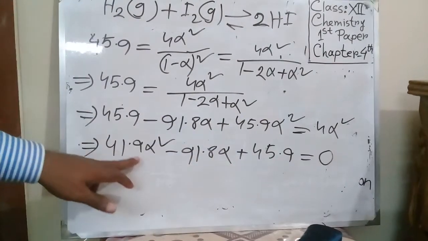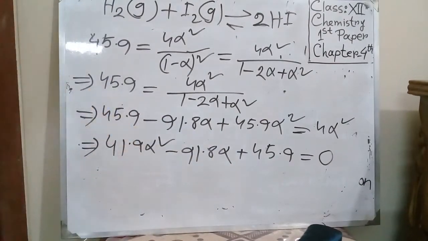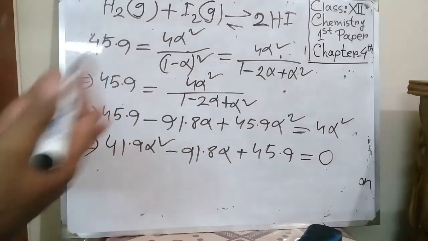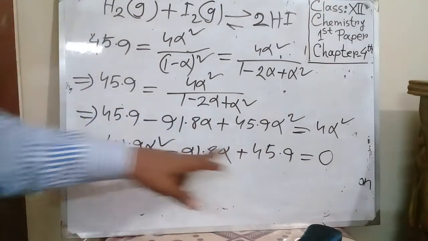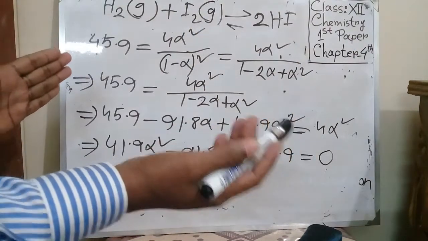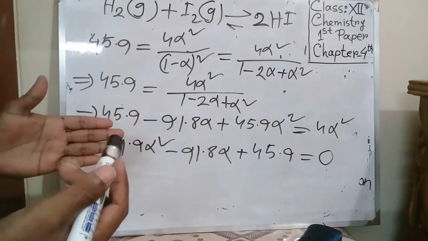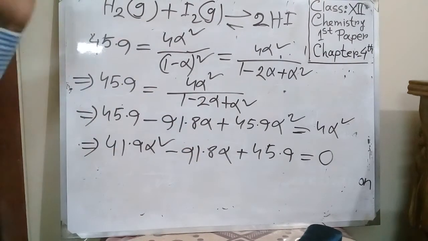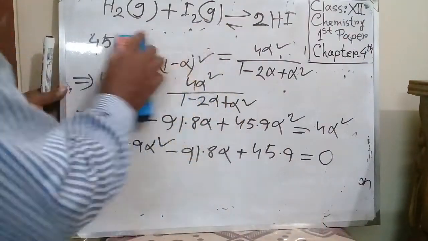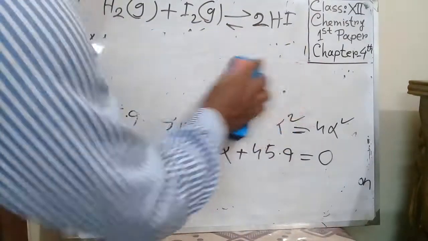So I can't find out the value of alpha using middle term breakup, because if we multiply this one and this, then we'll find the factors. So by doing this I can't find out the value. So there is one formula, an easy formula, and everyone of you knows this one. I am writing this one.